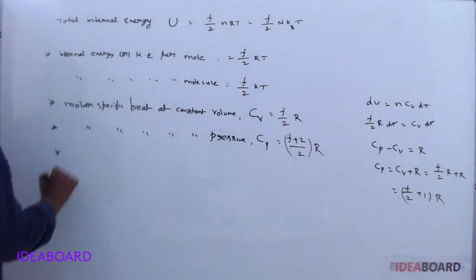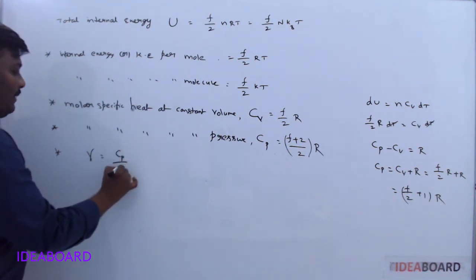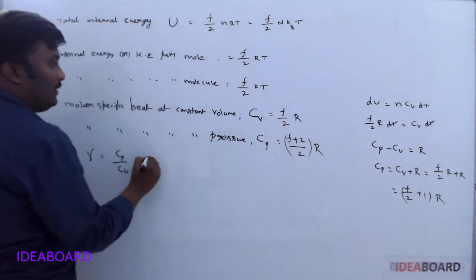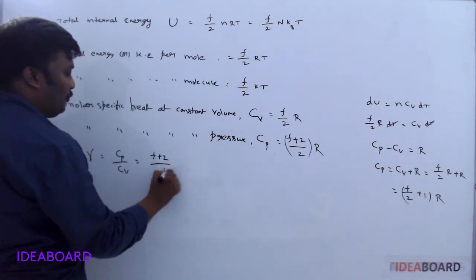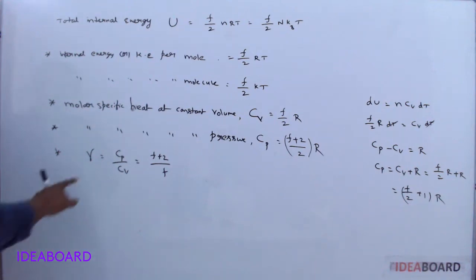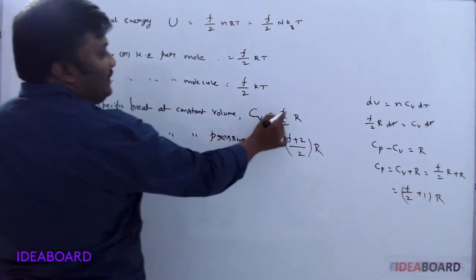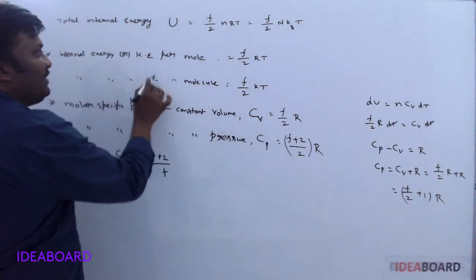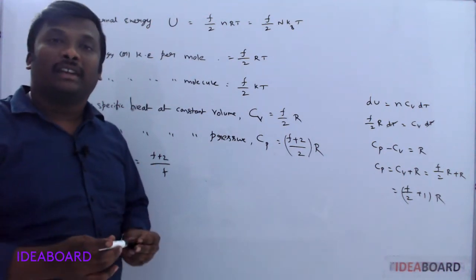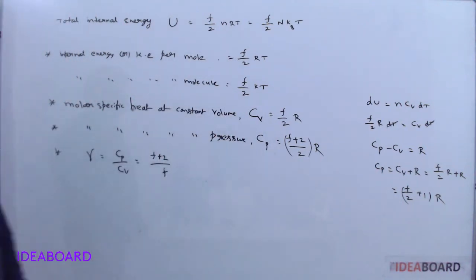Next, we have another formula for gamma. The gamma formula is Cp by Cv. In Cp by Cv, the 2 cancels and R cancels, so we have gamma equals F plus 2 by F. So we have gamma, Cp and Cv in terms of degrees of freedom, and internal energy or kinetic energy in terms of degrees of freedom. If the question asks in terms of degrees of freedom, please utilize all these formulas. Okay, please copy.